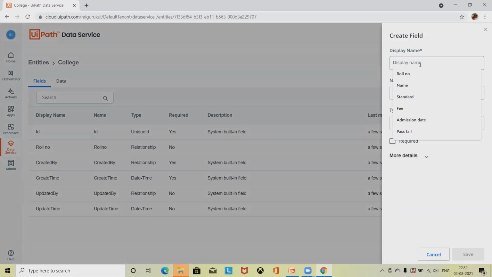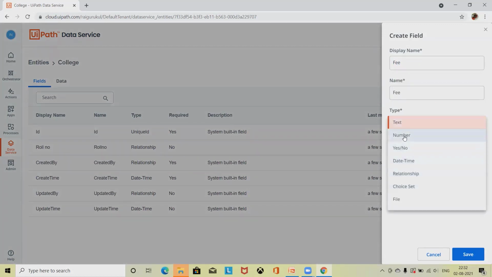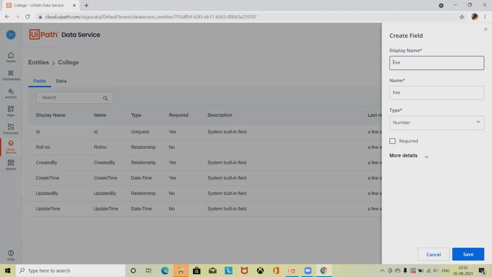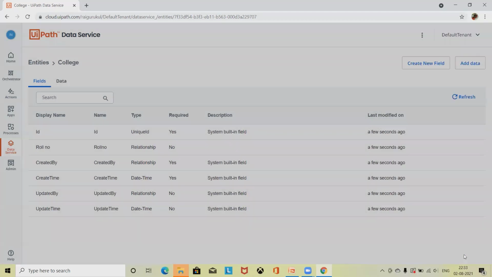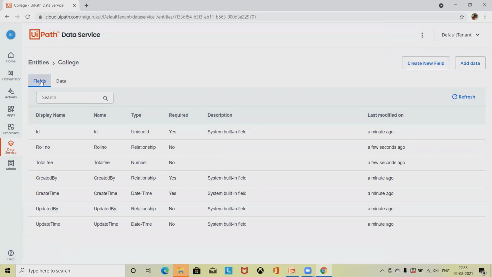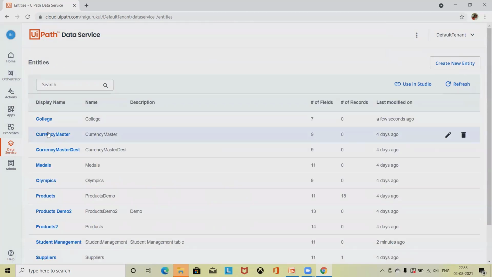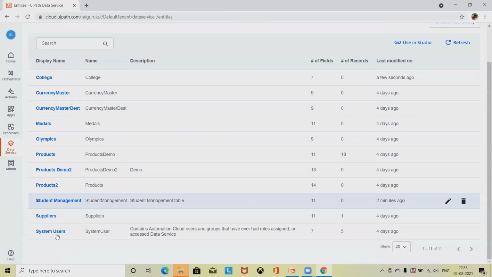Second, I want to calculate the fee. So here I'll keep it as a number, or let me add here total fee. Click on save. Now, if you navigate back, you'll find that student management system and college have a relationship.